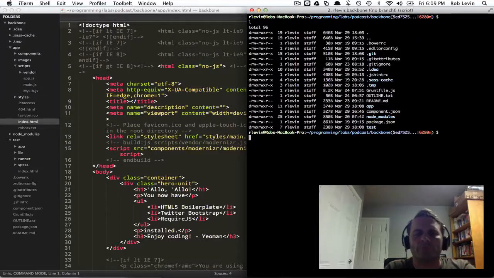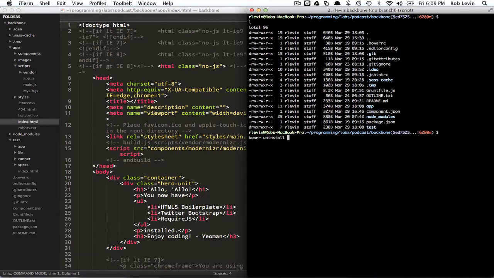Okay, so we went over some backbone models and some general installation setup. We're going to try to move forward and get an app bootstrap going. First thing I want to do is uninstall some things. I changed my mind on where I wanted to put these. So we're removing Sinon and Chai, and we're going to download